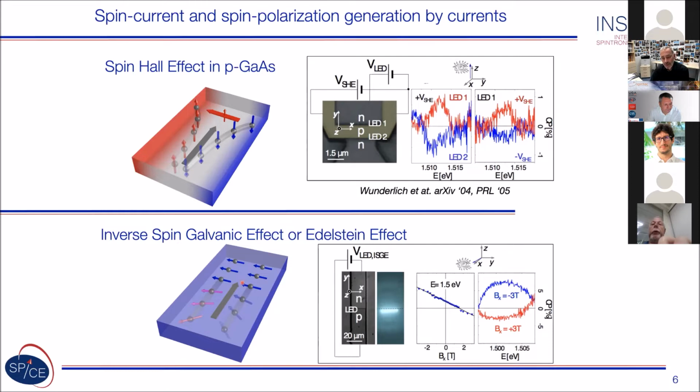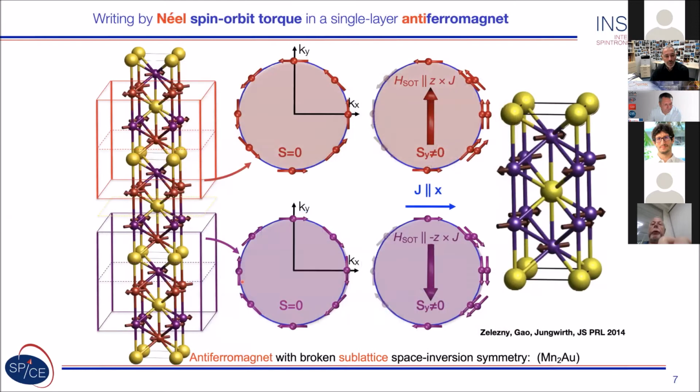Taking that to the antiferromagnetic environment, you end up with the fact that if you have an antiferromagnetic-order centrosymmetric system with two sublattices that have opposite inversion symmetry, in this case showing you the purple and the red that you see in the images, they will have locally within the unit cell this equilibrium hidden polarization or spin texture that, when you run a current through the system, in this case in the plane, will induce this non-equilibrium spin accumulation that couples directly to the Néel order parameter